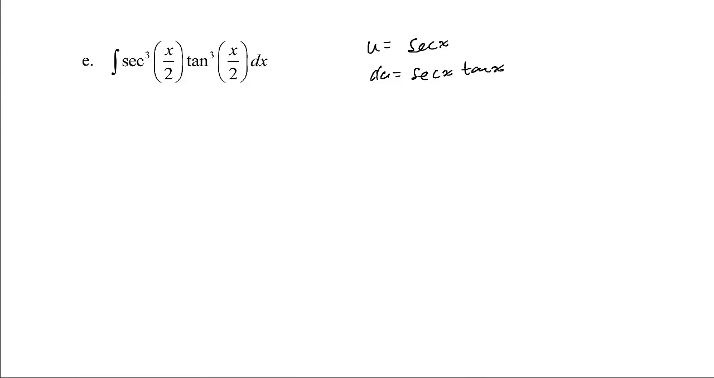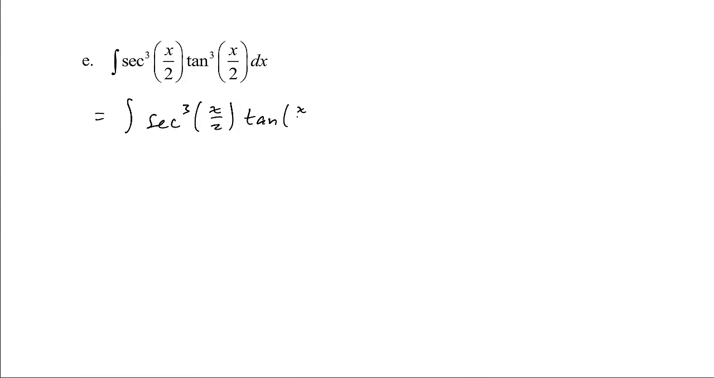So that's probably the way that I want to go, because I can get rid of 2 of these tangents and make it just 1 to match with my du. So let's try to go that way. Let's get rid of 2 of those tangents. So this is the integrand of secant cubed of x over 2, tangent of x over 2, and then secant squared minus 1